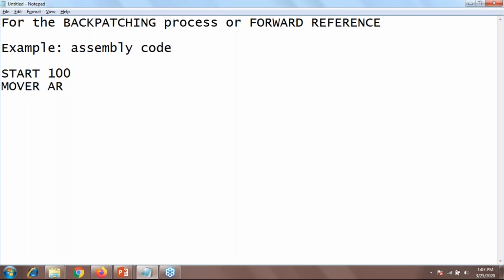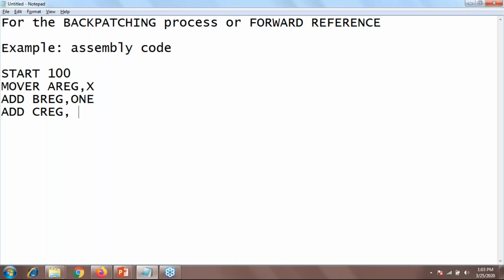MOVE AREG, X: the value of my X variable is moved into AREG. Now I add BREG, ONE, where ONE is a variable in my program. ADD CREG.